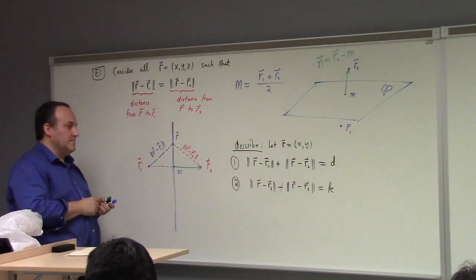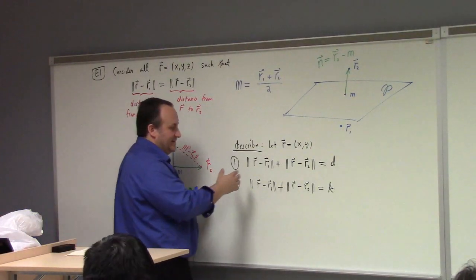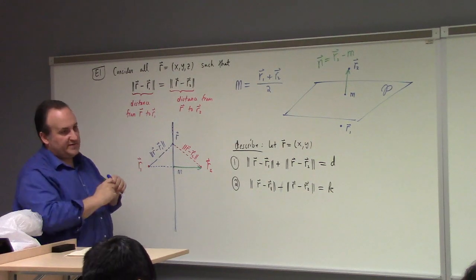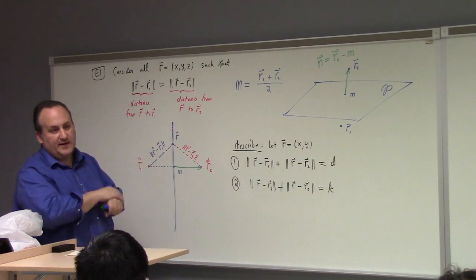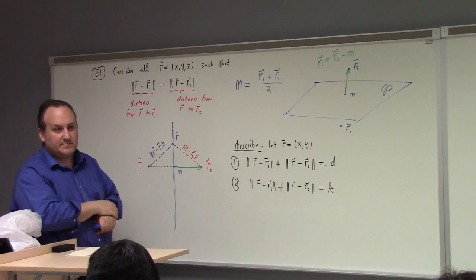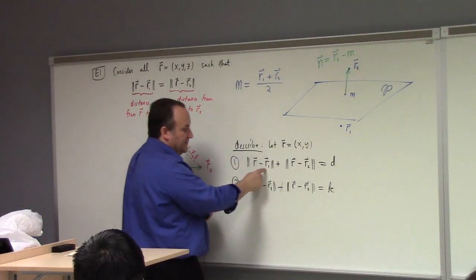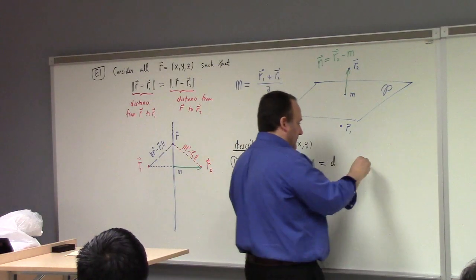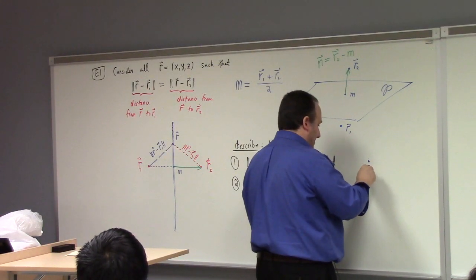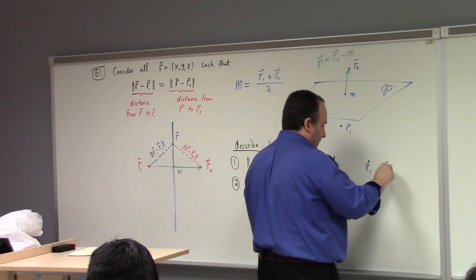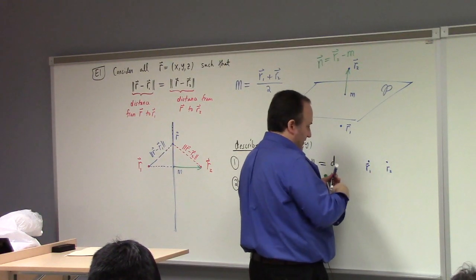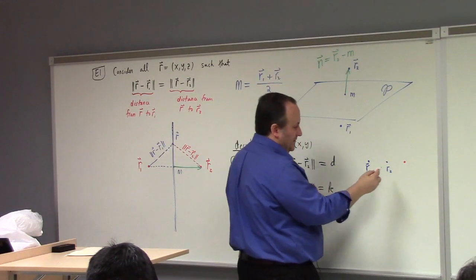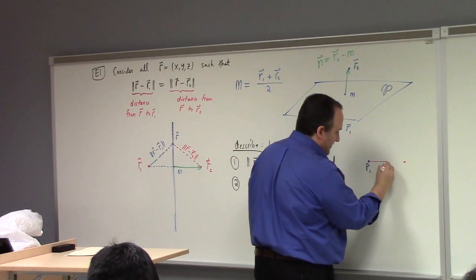So one of the ways we can define an ellipse, right? An ellipse with two focal points is the collection of all points where the sum of the distances between the focal point and a point on the ellipse is held constant. So here the focal points would be R1 and R2, and if I was so foolish as to try to draw it, if this is a point on the ellipse, then this distance here plus that distance there,